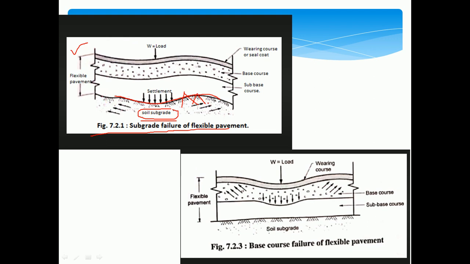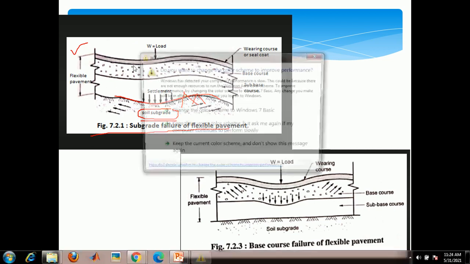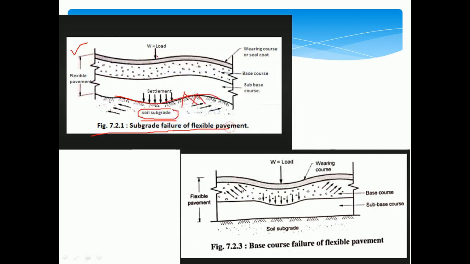So try to understand here. There is no surface deterioration, no uneven surface has been formed, that is, surface failures are not observed here. We are observing the collapsing of the subgrade. So what is the main cause? One is inadequate stability of the subgrade, and the second is application of excessive stresses. That is the important cause of subgrade failure.